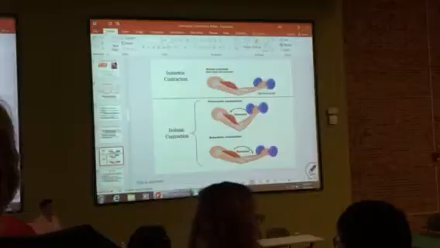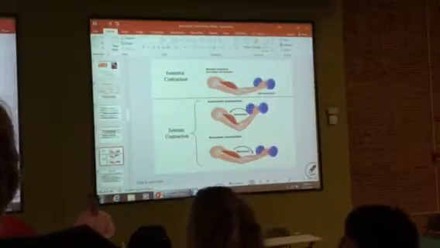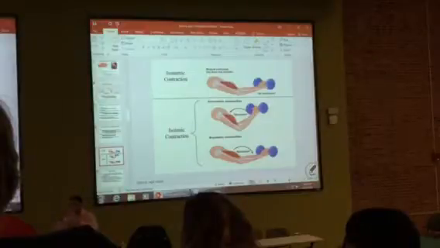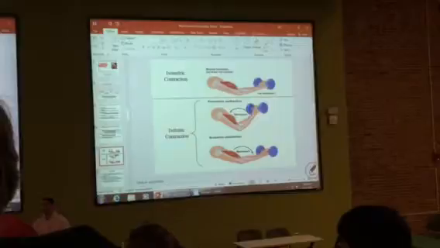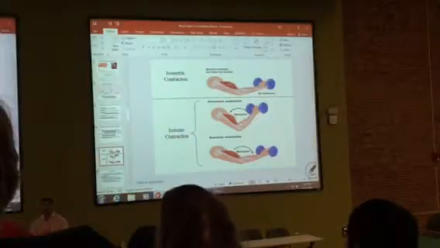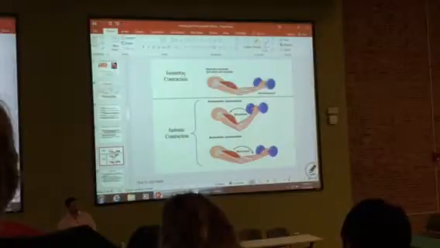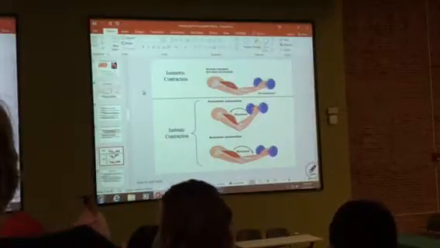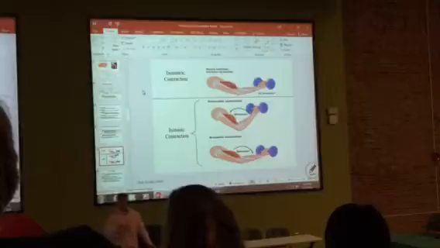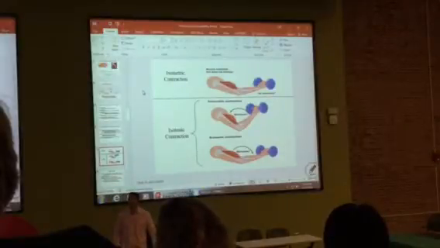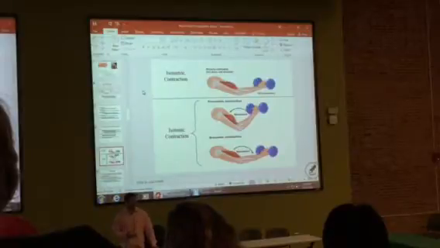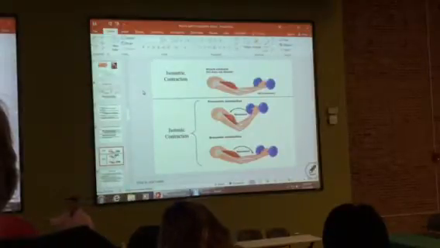But let's talk about that. It seems like they're mutually exclusive, right? You either have isotonic contraction or you have isometric contraction. Okay? They work together. Can they work individually? Yes. Do they work together? Meaning, do isometric and isotonic contractions work together that allow you to move smoothly on a daily basis? Absolutely they do. I'll give you one example that's usually fairly easy to understand. I want to walk up those steps right there.